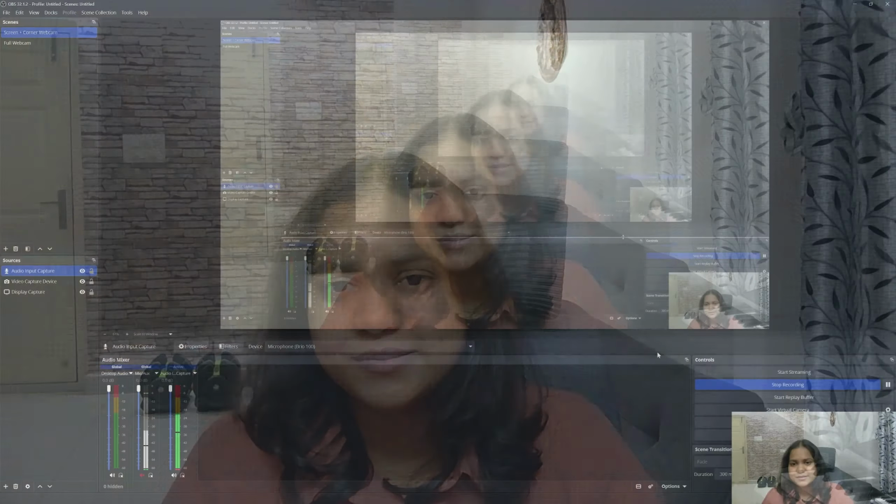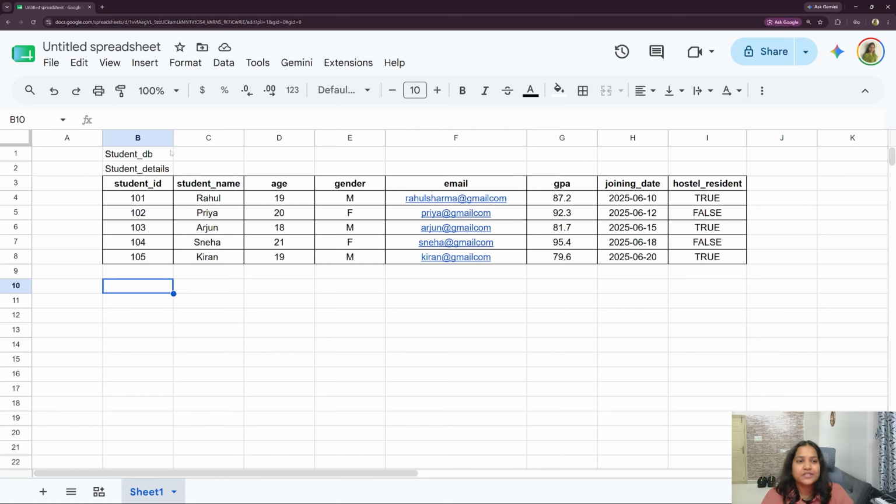Let me share my screen. Okay, if you see here, the student underscore DB is the database name. Student underscore details is the table name. Okay, so this is the database and this is the table name. Okay, now these are the columns.